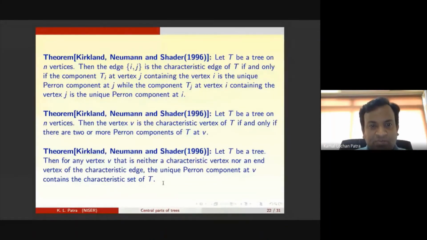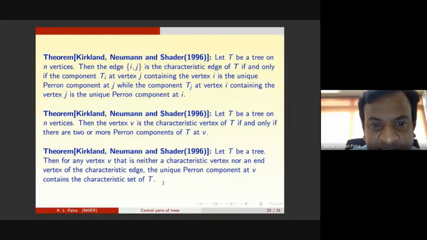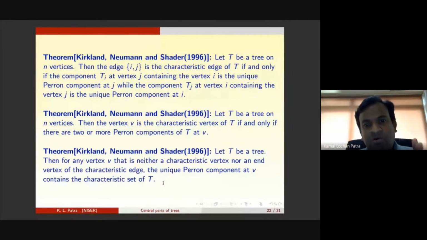The summary of these three statements is: if you take a tree T and consider a vertex V and the components associated with it, if there is exactly one Perron component, you move towards that Perron component, and it contains the characteristic set. If it has two or more Perron components, then this vertex V is the characteristic vertex. So somehow this will help